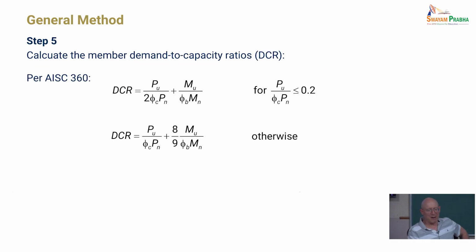And now we're ready to wrap it up. We calculate the member demand to capacity ratios, and per AISC, we use this bilinear strength interaction equation. I can tell you that in the bridge standard in the US, with what we developed there with fairly major updates for handling big box sections and all kinds of things,